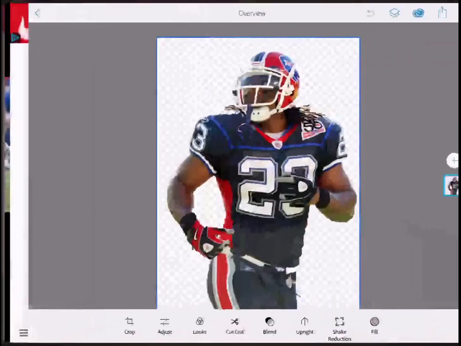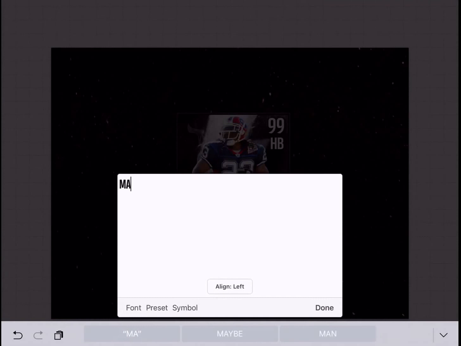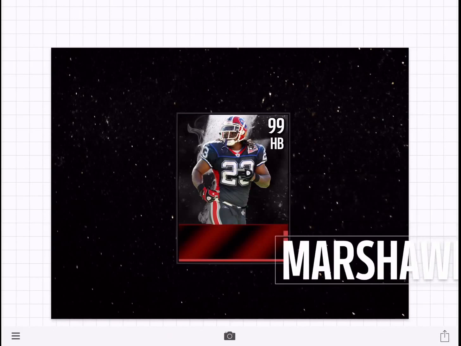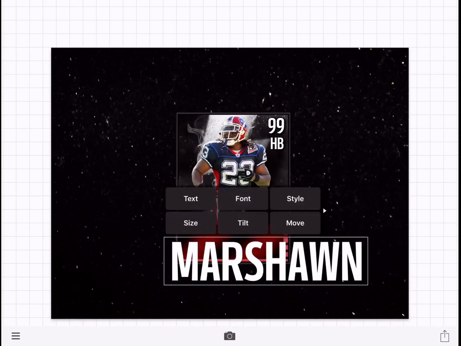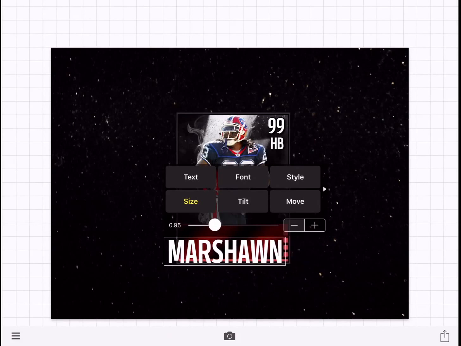And also, when you're typing, yeah, this is when I was looking for the year. But when you're typing, make sure you type in all caps, because if you type it in lowercase, it just looks stupid. I mean, honestly, I would never try it ever. And also, you want to make sure that you make the top, the person's first name in red, and then their last name in white, because that's the way that it is in Madden.